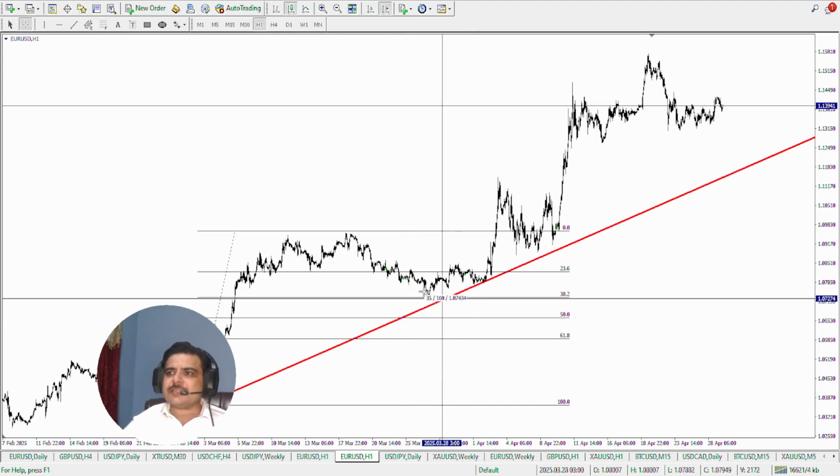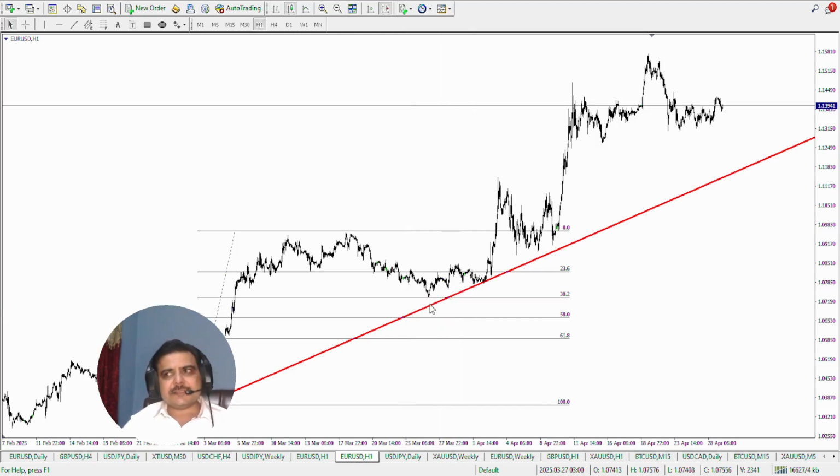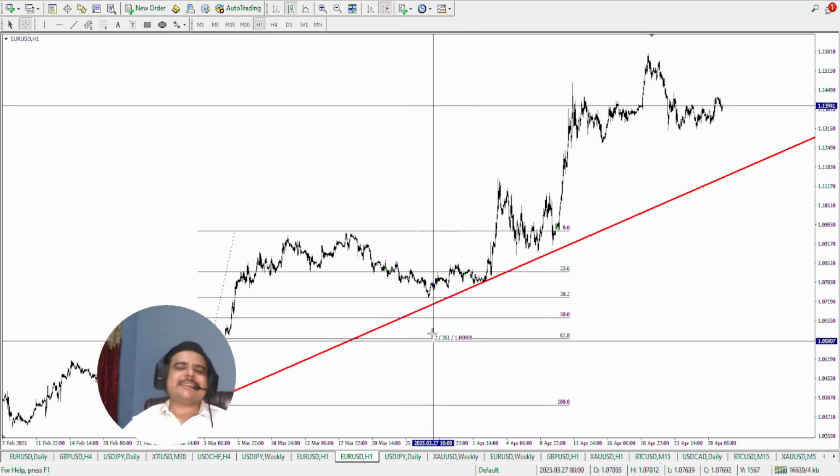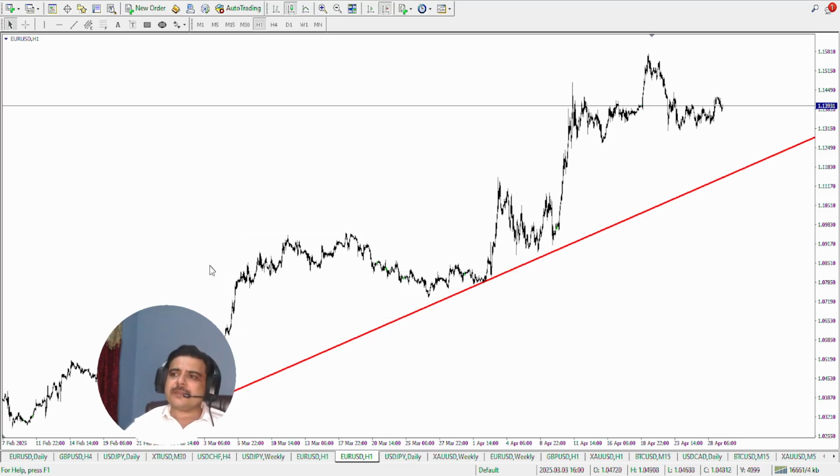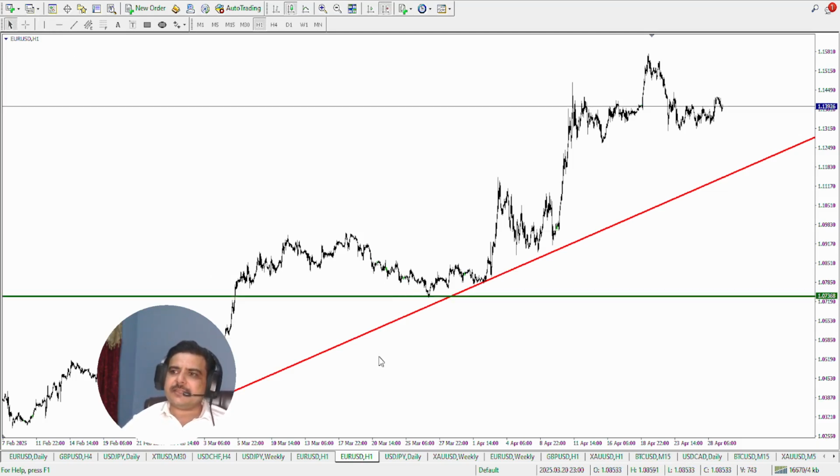Since it was supposed to make this trend line, it did not hit from the 61.8% retracement. So if an ABCD pattern trader was looking at this market, this trade was supposed to be missed. So no problem. Then what next level did it create? This one obviously. So from here it went up there and then